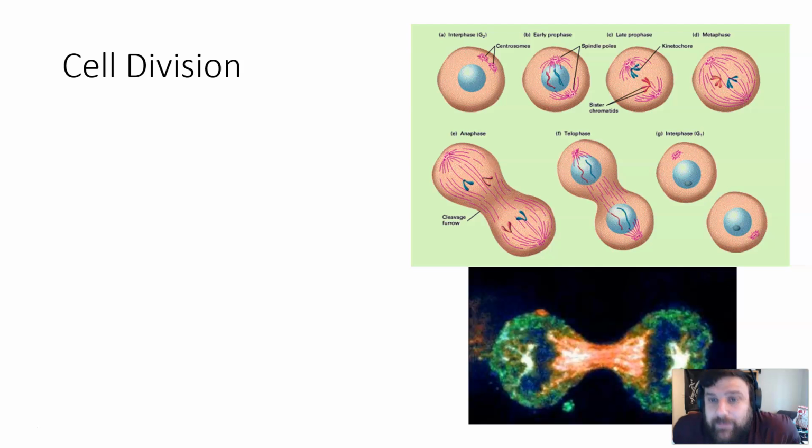So, the actual process of cell division. As we stated earlier, the third part of the cell theory is that cells don't just pop into existence. Cells need to come from other existing cells, and they do this through the process of cell division. In particular, the process that we refer to as mitosis, which I'll talk about in the next presentation.